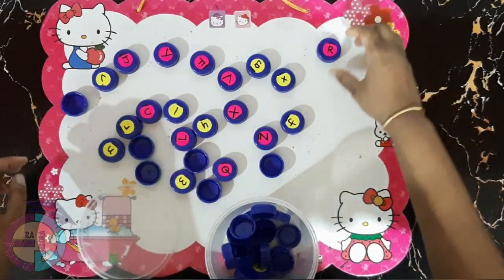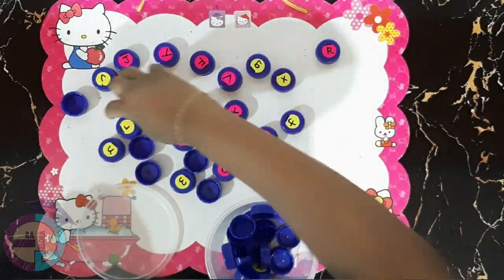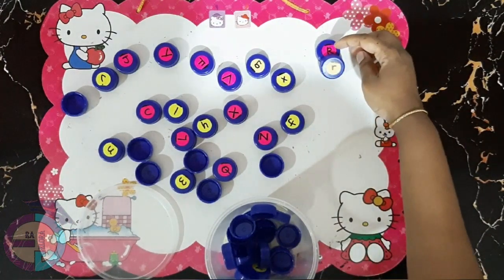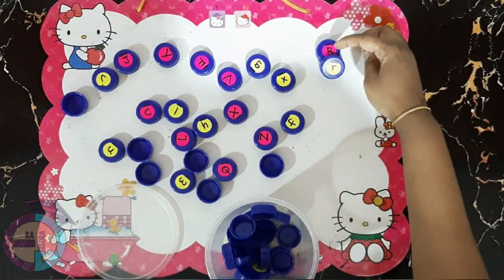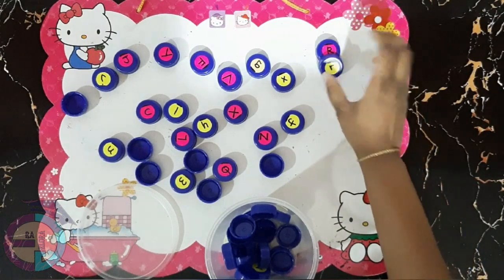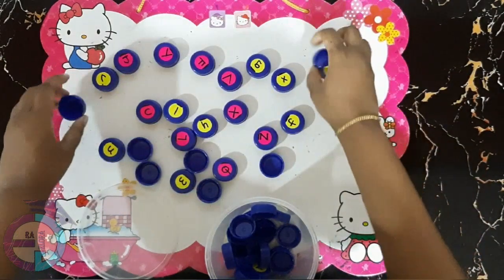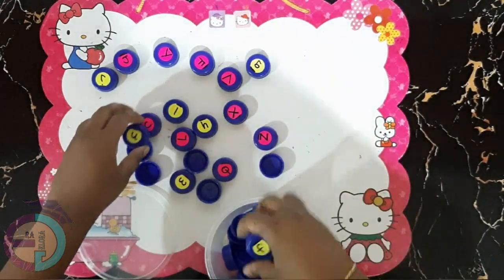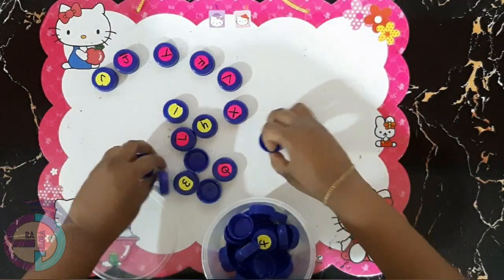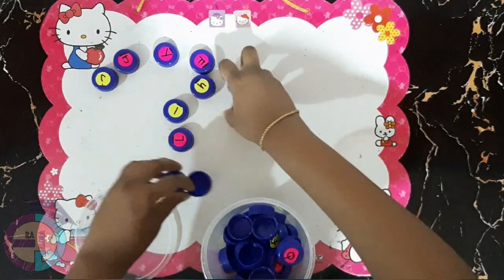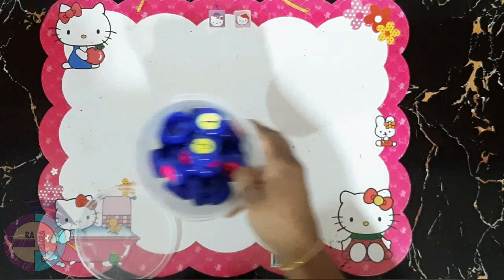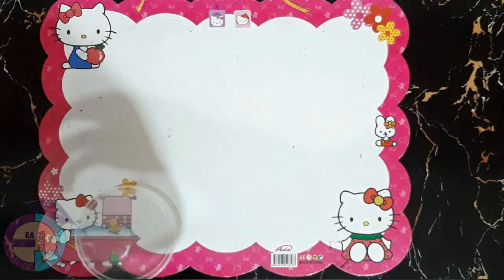For example, big R, small r. So we can make them sort out all the bottle caps with the small letters and the big letters. For younger children, we have fewer alphabets, so it will be easier for them to complete the task.